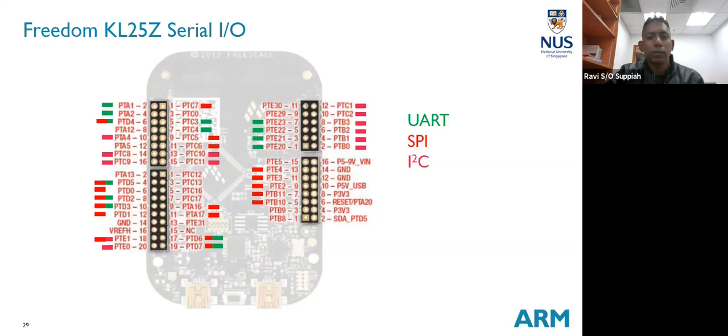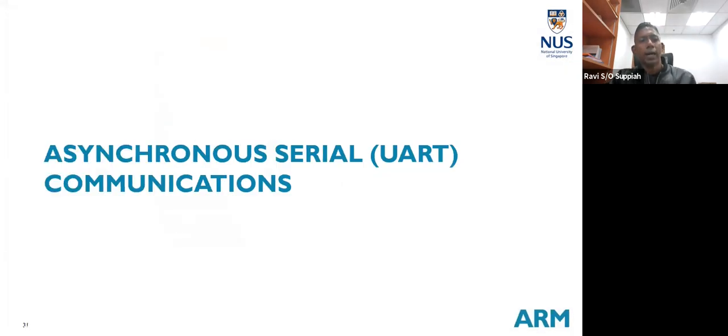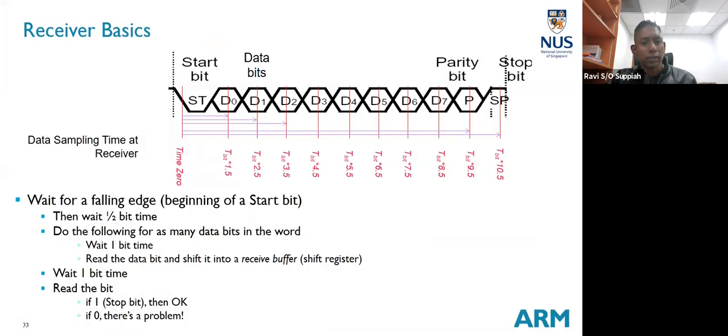In terms of UART, you can see I have a few options. Which one can I use? In terms of the SPI module and UART module, you have 0, 1, and 2. You have 3 modules over here: UART 0, UART 1, UART 2, which you need to enable in the SCGC register. But the important thing here is